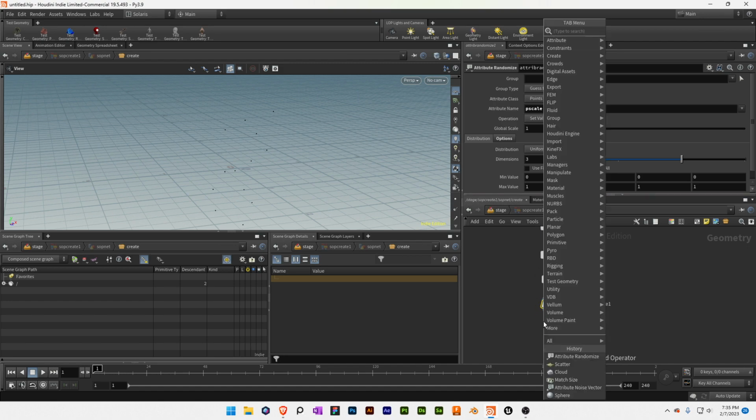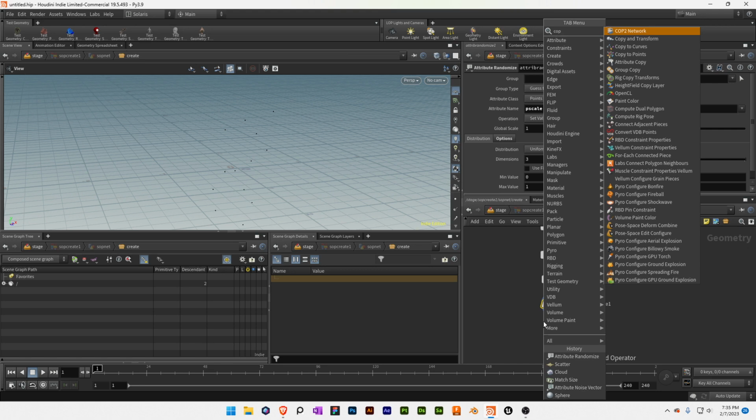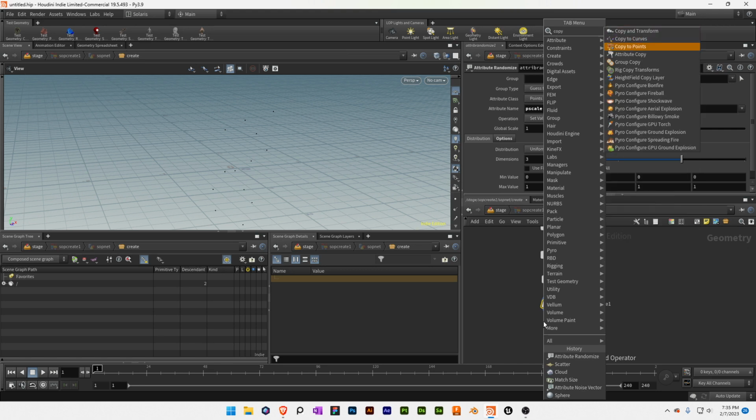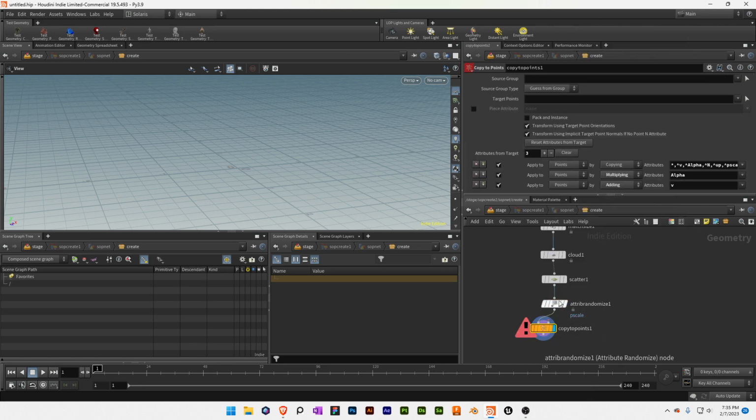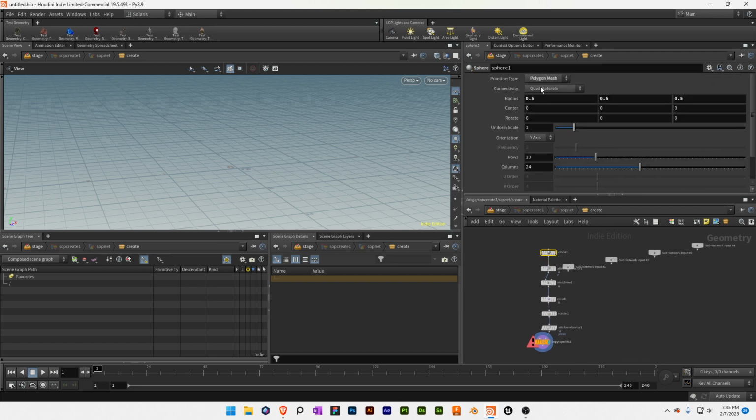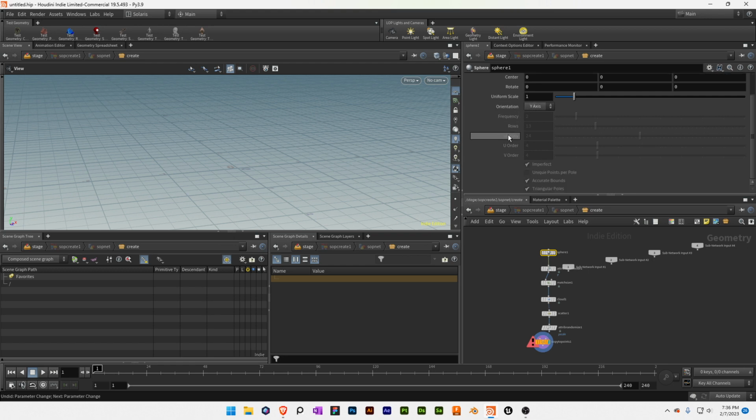And then I'm going to simply copy to points and switch this into here, delete this connection, and then I'm just going to drag this sphere, which actually I forgot to do, change this to a primitive, and then yeah, keep that as a primitive. And